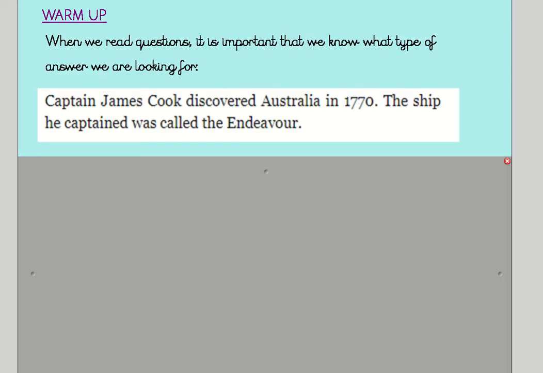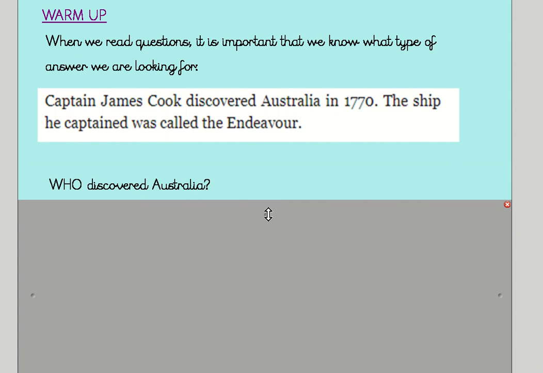We're going to have a look at another type of warm-up here because it's really important that when we read questions, we know what type of answer we're looking for. So I've just got two sentences for you here. Captain James Cook discovered Australia in 1770. The ship he captained was called the Endeavour. Now,